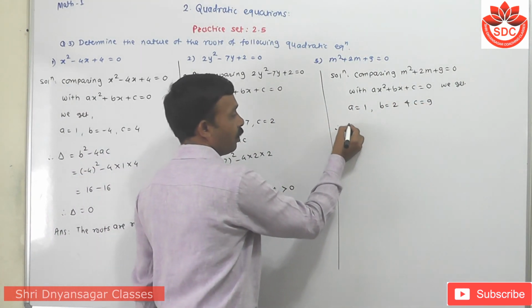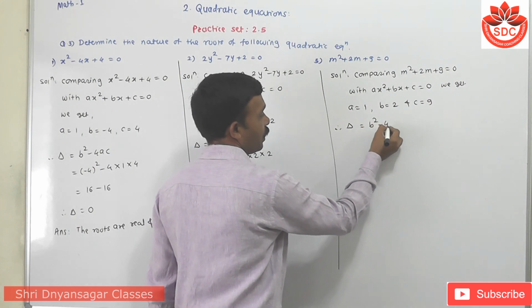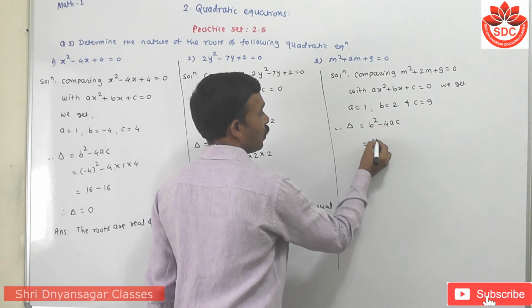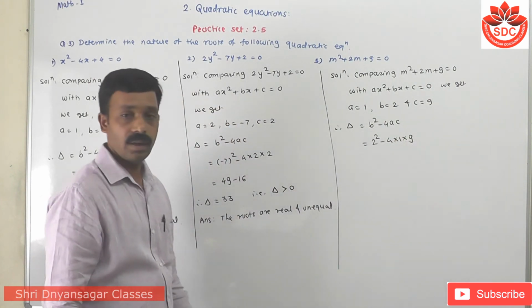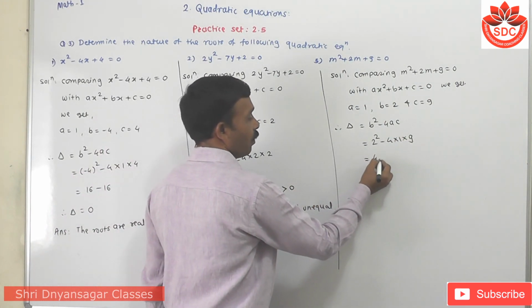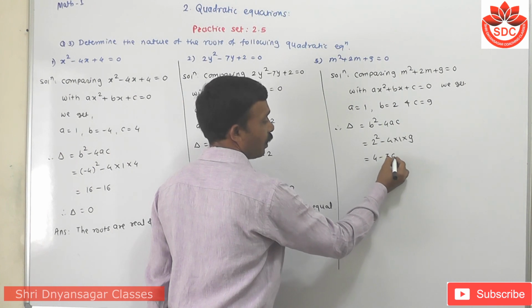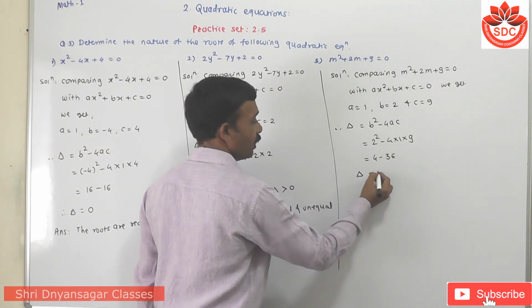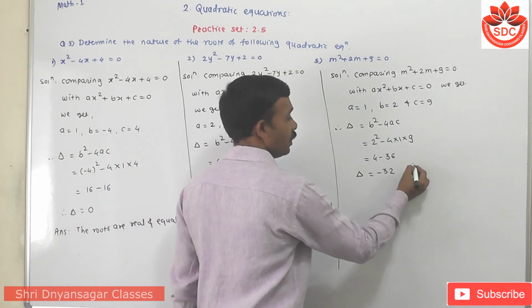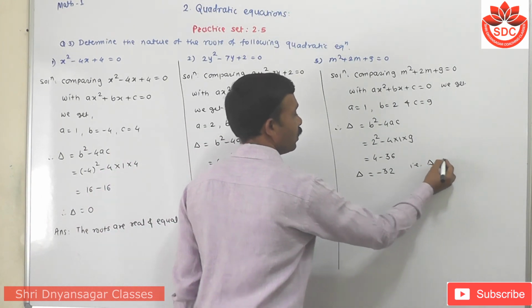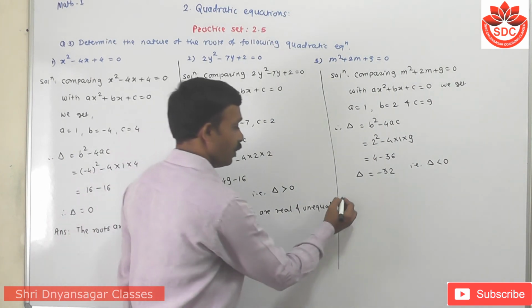Therefore the discriminant is b square minus 4ac, which is 2 square minus 4 into 1 into 9. 2 square is 4, minus 4 nines are 36. When we subtract this, we get minus 32, which is less than 0. Therefore, the nature of the root